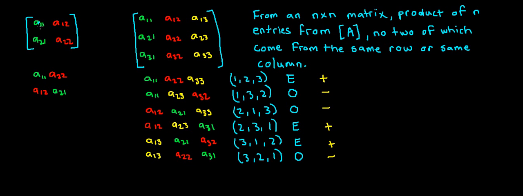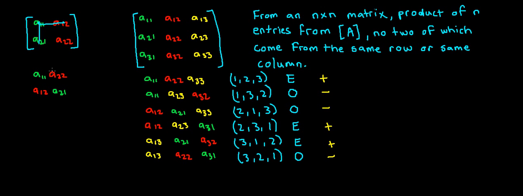The first one, A11. The next entry by which I need to multiply it cannot come from the same row or the same column, which just leaves A22. So an elementary product for this 2 by 2 matrix is A11 times A22,